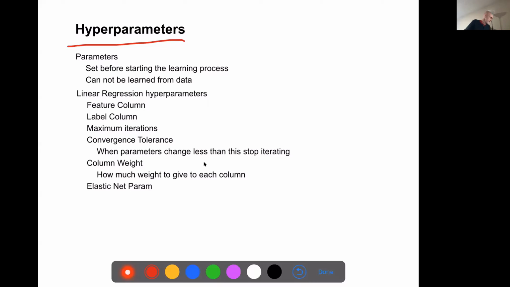So in regression, things like the feature column, label column, how many iterations you want to do before you stop, how much weight you want to give each column. Various things like that, which we're not going to be able to guess from looking at the data.